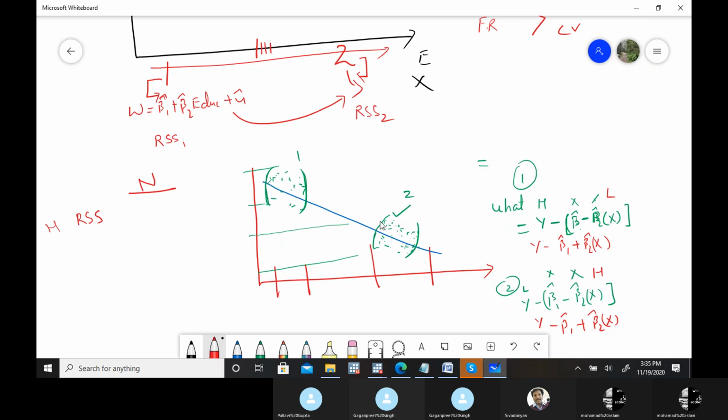So that's what I asked you, because there is no single answer to it, since it depends upon the beta coefficient as well. No doubt these x values are higher, and if we add them it's a higher value, but that also depends upon the beta fraction. So here the x at the low values also depends upon the y. But more or less, Gagan is right that you are going to get the second one as the higher residual sum of squares. Most of the time you're going to get this as higher, so that you have to keep in the numerator.